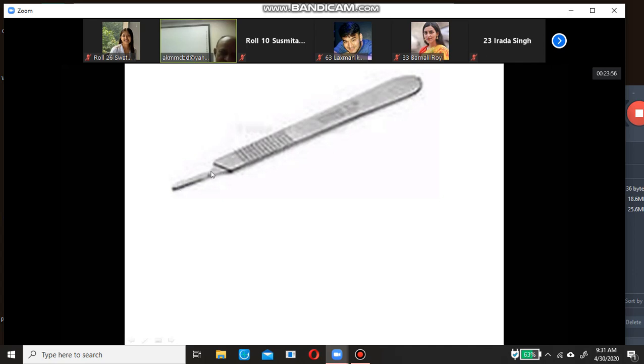This narrow end is to fix with the blade, and this broader end is to be held by the surgeon. There are some corrugations here. This is for the firm grip by the finger, the thumb. This gives a firm grip so that the BP knife cannot easily slip away from the hand.